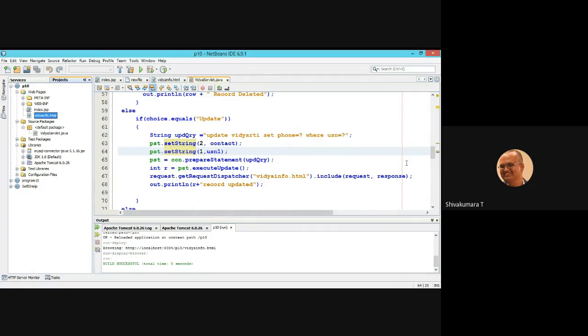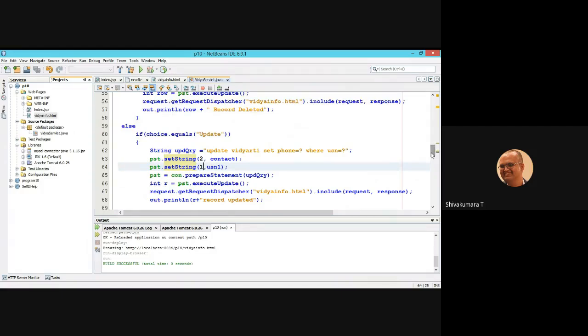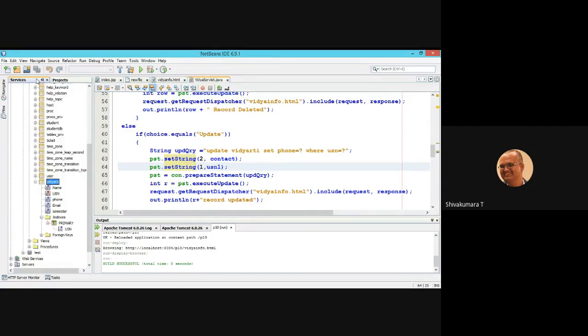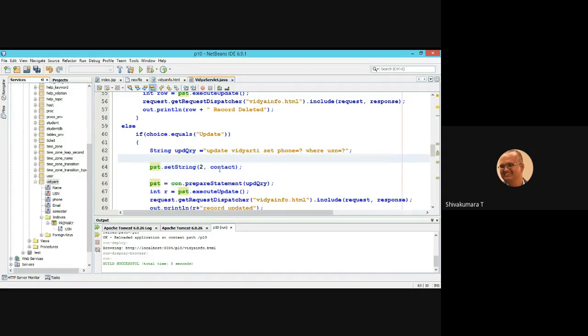Okay. Update student set phone equal to, USN equal to, set string. First one is this, second one is this.